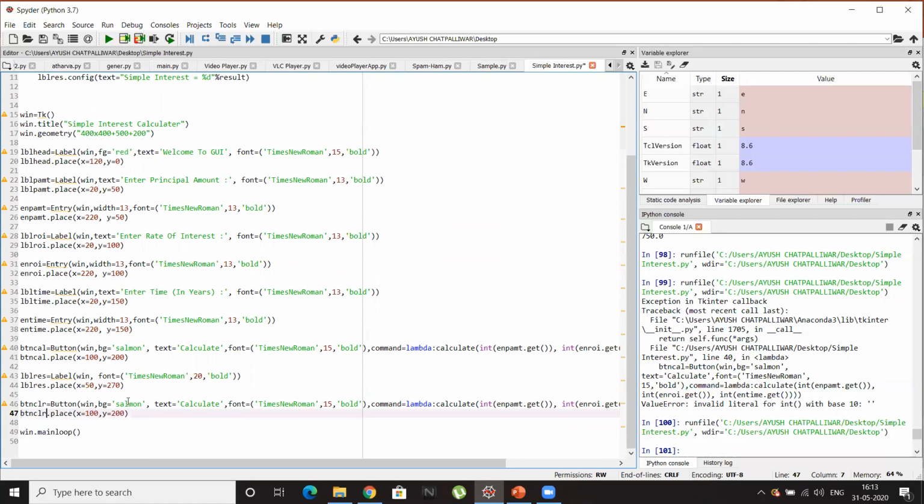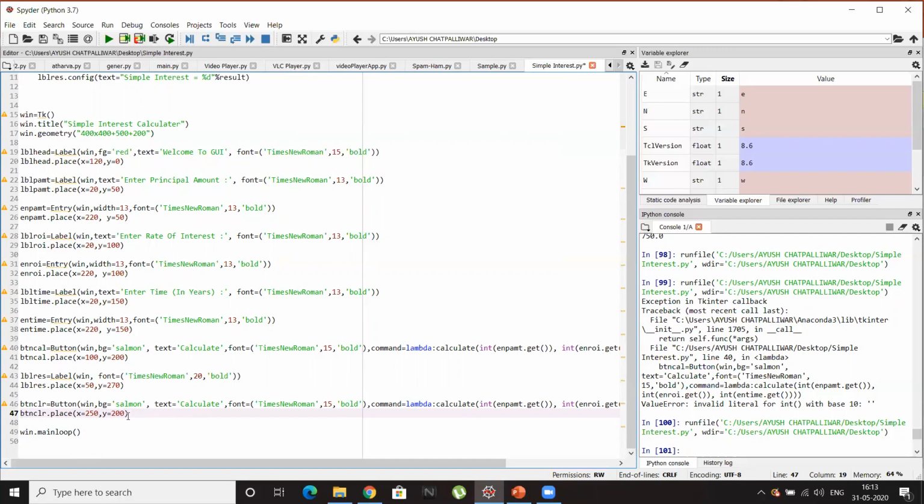The x, I'll need to change the x here. So here I think x will be more because I want it more towards the right of the calculate button. So my x will be, let's try to give 250, and y will be the same because the height of both the calculate and clear buttons will be the same.